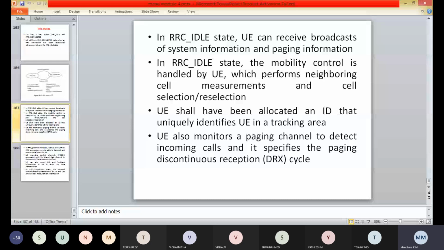The MIB includes a limited number of the most essential and most frequently transmitted parameters that are needed to acquire other information from the cell, and it is transmitted on the BCH logical channel.